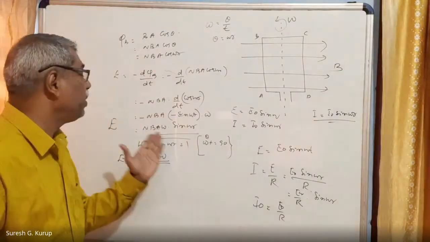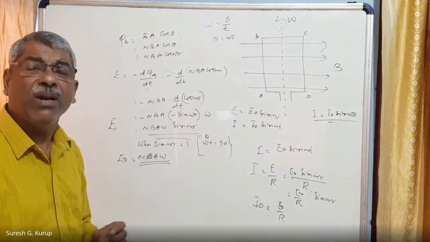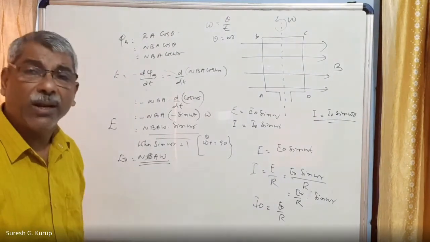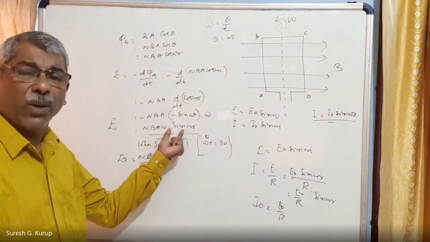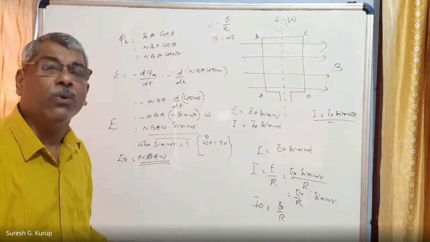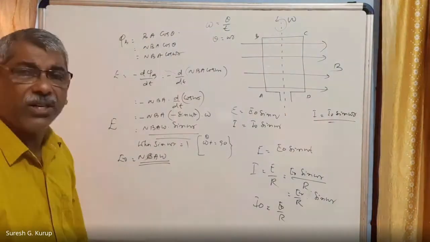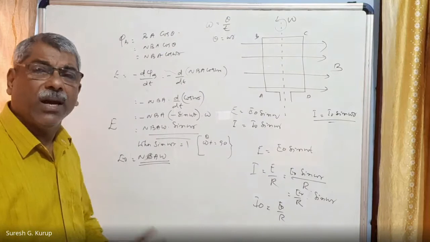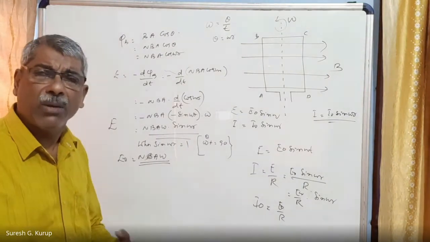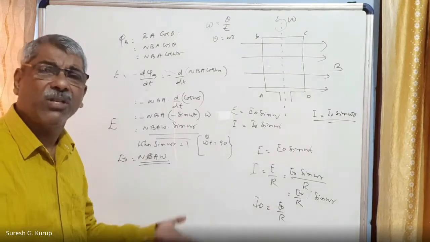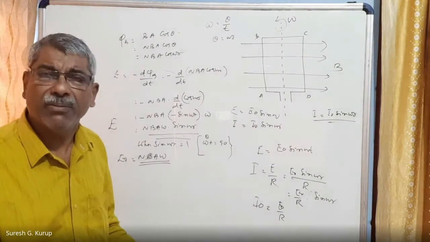How you got E is equal to E0 sin omega t. That is why I told you that current and EMF are called sinusoidal. In the later stage, we shall be able to explain current or EMF in terms of the cosine function also. That also you will see at a later stage, right? So current and EMF can be represented as sinusoidal, simple harmonic variation of current and EMF, right?